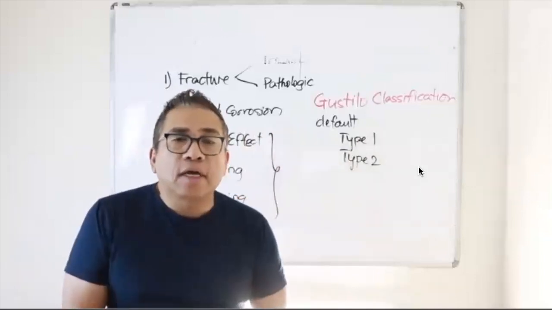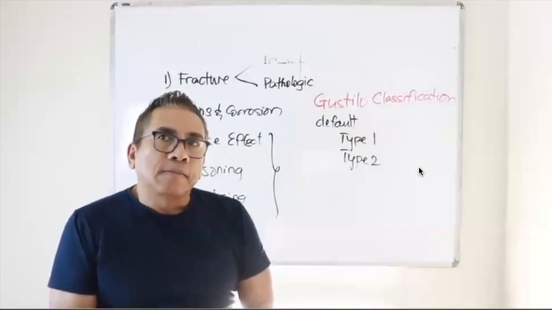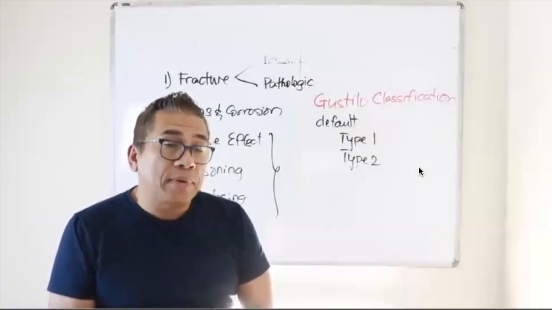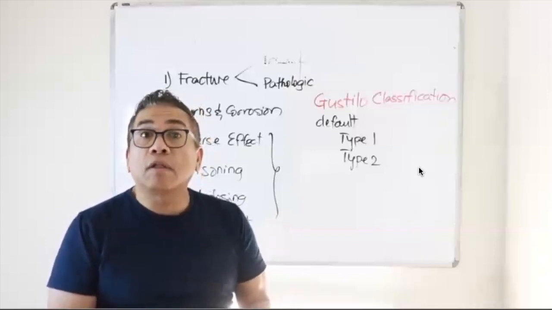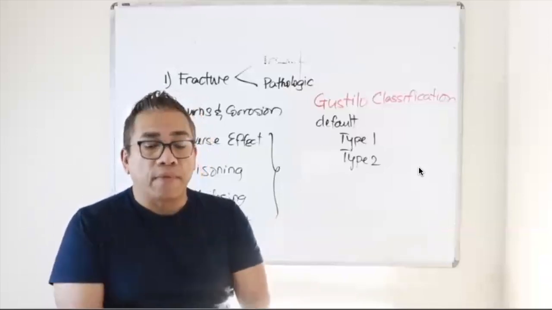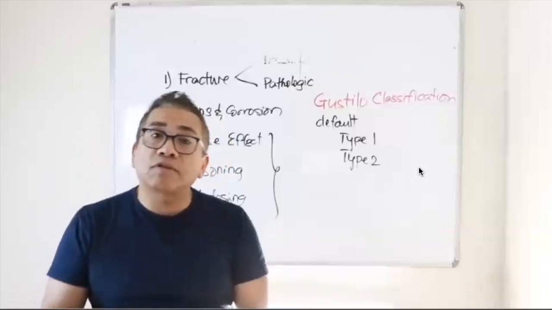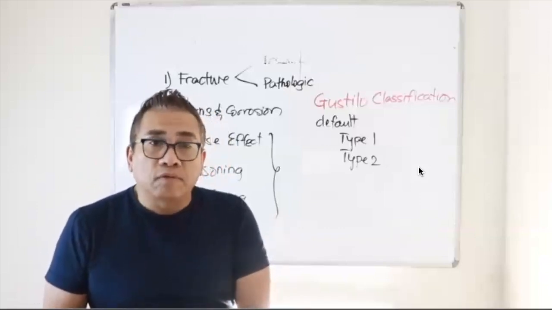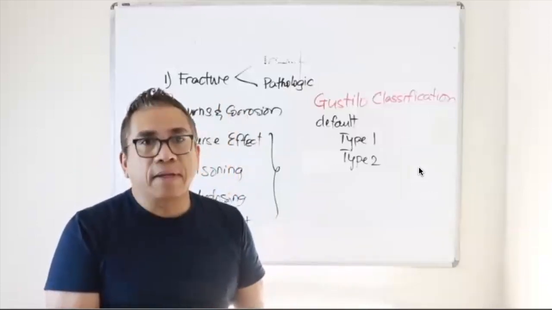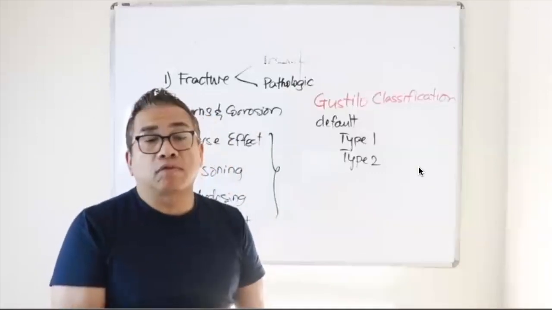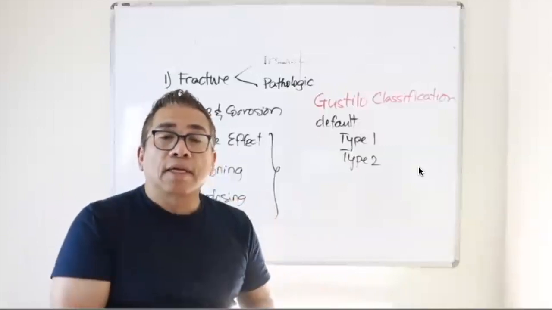Now, in the guidelines, there was also a statement that says these types of fractures usually occur on specific types of bones. Which are those bones? Those are the long bones, okay? The bones of the forearm, the lower leg bones, the thigh or femur, and including the ankle. Those are the types of bones where this Gustillo open fracture may happen. And what are those bones, guys? Those are long bones. Long bones have the tendency to get injured, as described in the guidelines,